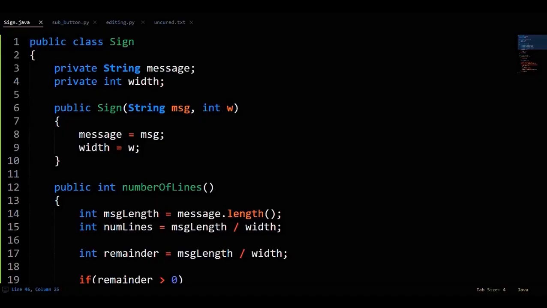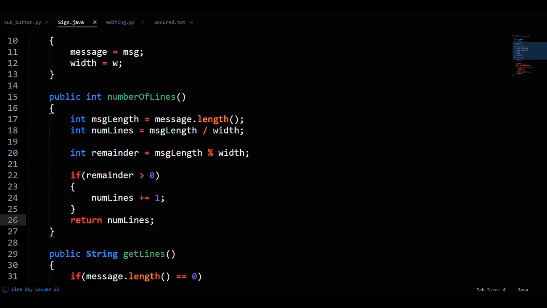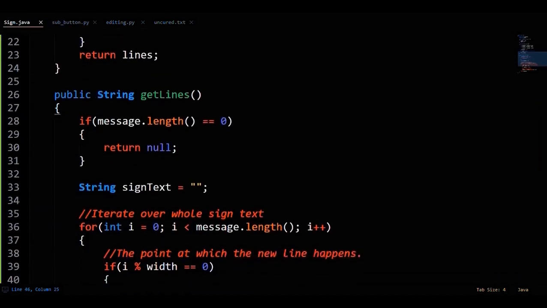lines. For the code for 2, you have your class, the two members, message and width, and a constructor where you initialize your members. For the numberOfLines method, you're getting the length of the message, dividing it by the width of the sign, then finally, you're adding 1 to that result if the length of the message is not evenly divided by the width. For the getLines method, you're immediately returning null if the length of the message is 0,